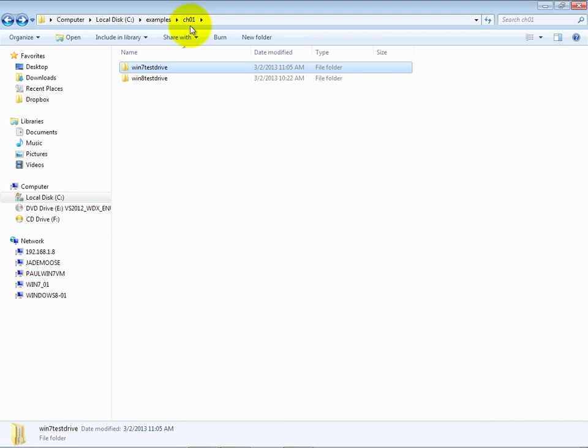Now within that subfolder there are two additional subfolders, Win7 test drive and Win8 test drive. The app in the Win7 test drive folder is geared to the Visual Studio Express 2012 for Windows Desktop IDE running on either Windows 7 or Windows 8. The Win8 test drive folder contains a different version of the app that is only capable of executing in Windows 8 using the new Windows 8 user interface. So for the purpose of this lesson, we'll be using the version of the app in the Win7 test drive